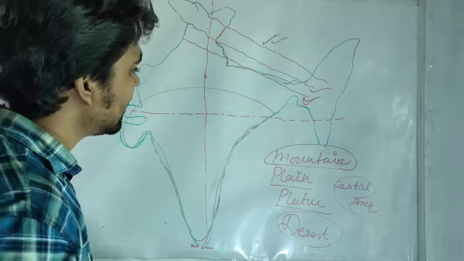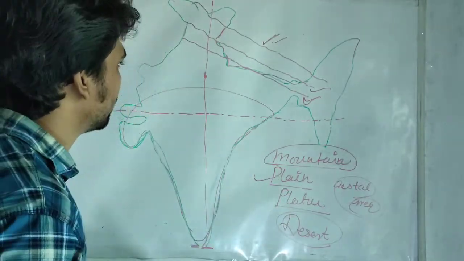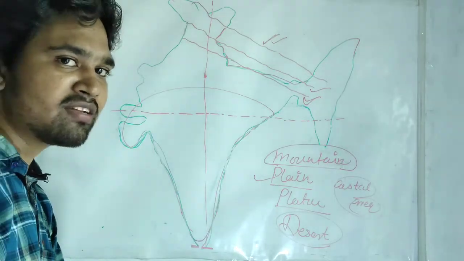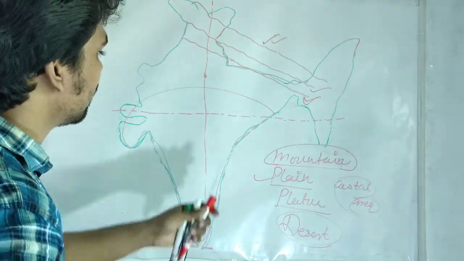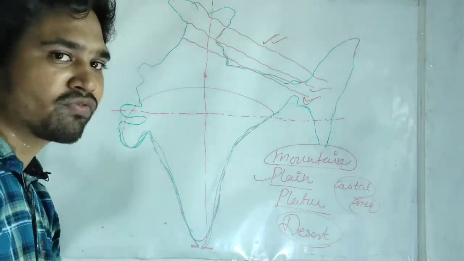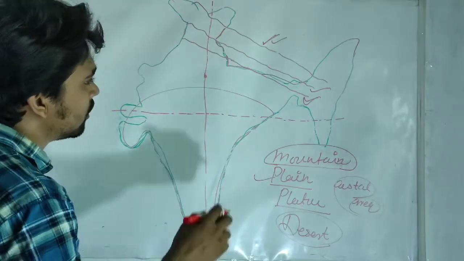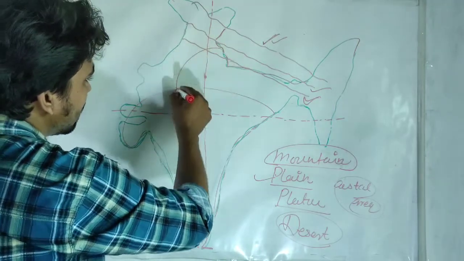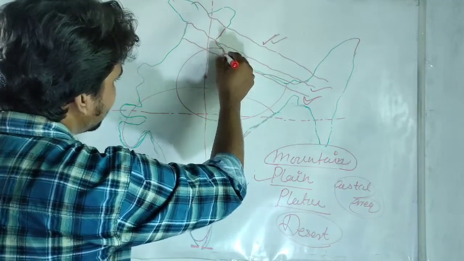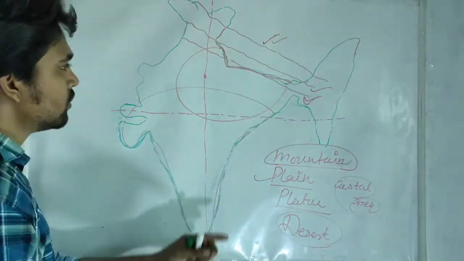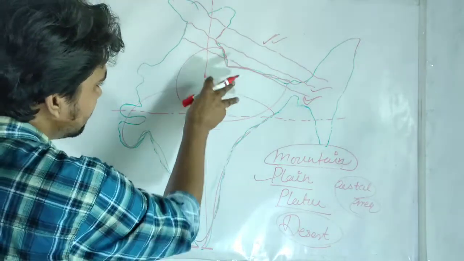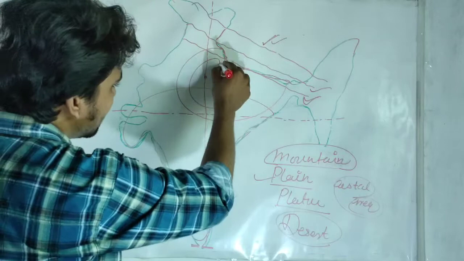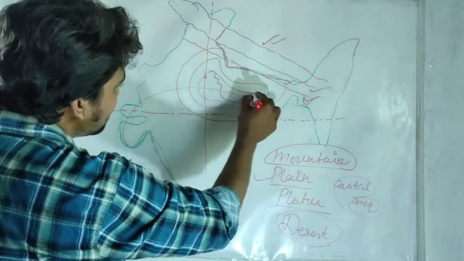Friends, on the second part we will study about plain. So friends, plain is that area where rivers deposit their soil. Basically, the river carries most fertile soil, that is alluvial soil. In India we have seen that the northern part of India comprises a high amount of river. Due to this reason, there is deposition of a high amount of alluvial soil. So this area is basically known as plain area.